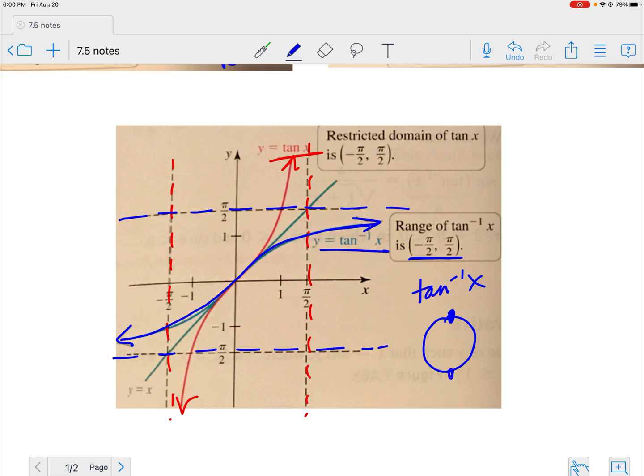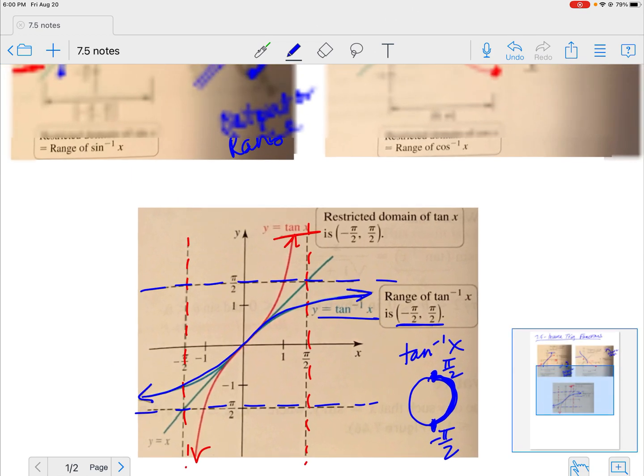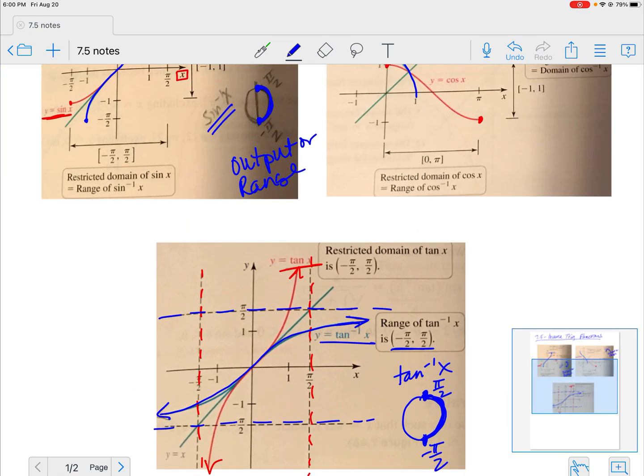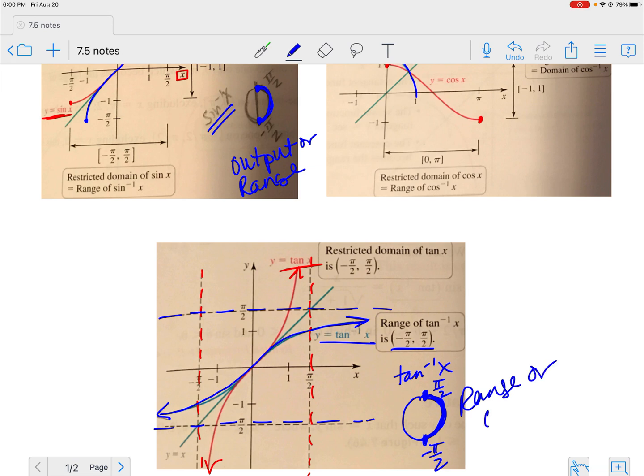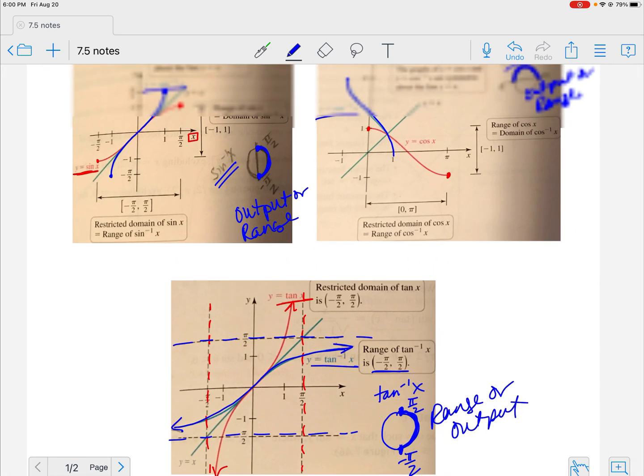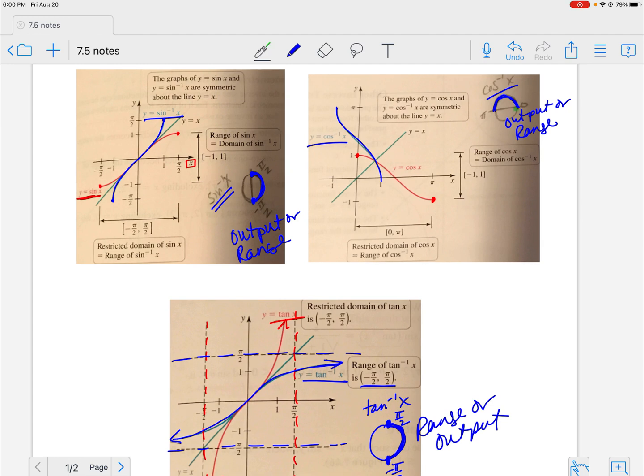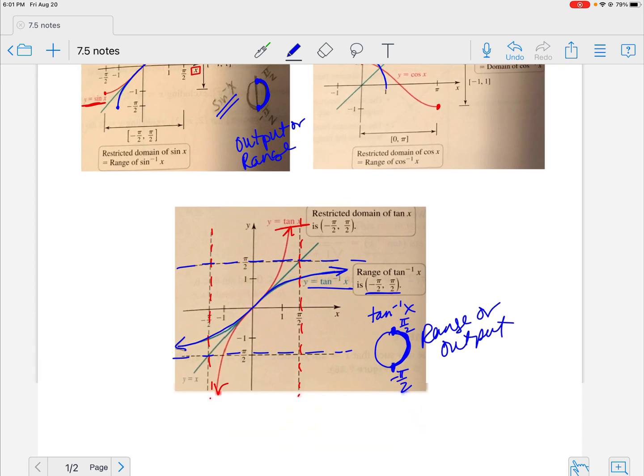Tangent is going to go from negative pi over 2 to pi over 2, the same as sine. So my output, or my range, for both sine and tangent is from negative pi over 2 to pi over 2. My output then for cosine is the top up there, from 0 to pi. You need to know that because when you go to evaluate these expressions, such as